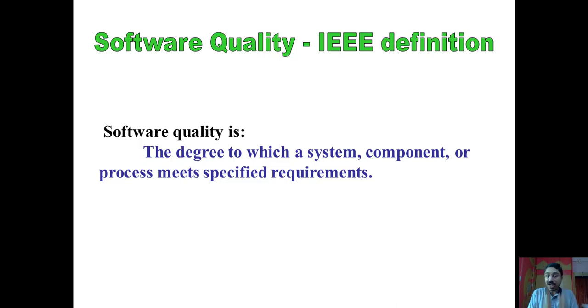So certainly in that case, we could call all three software of good quality, but that is not the case, isn't it? Sometimes you will favor Word over WPS or LibreOffice, because it is more intuitive for you. You are used to that software, isn't it? So that's the software quality. Understood? So what the IEEE definition says is this, but extended to that, you have to consider other parameters also when you consider quality, and specifically software quality.